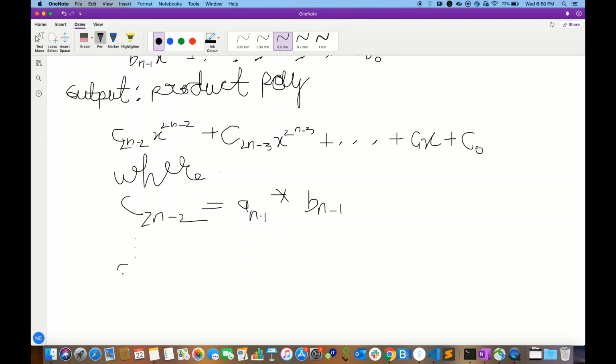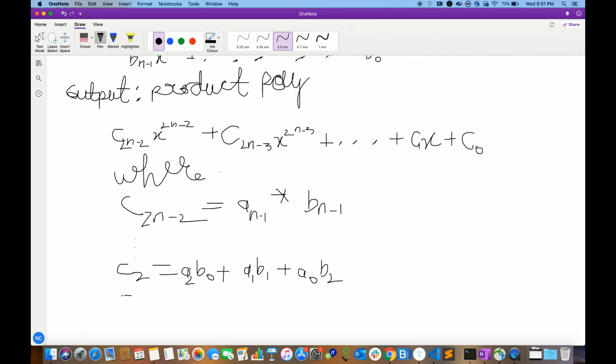So c2 then becomes a2 b naught plus a1 b1 plus a naught b2,